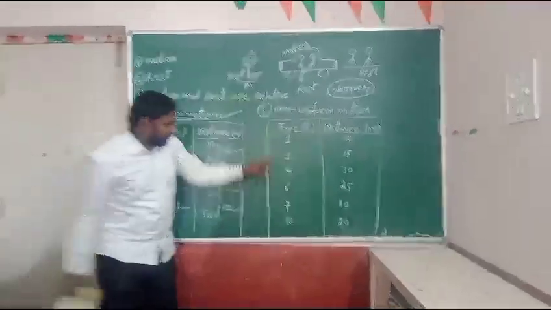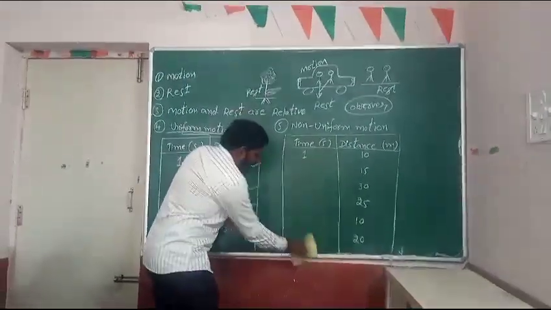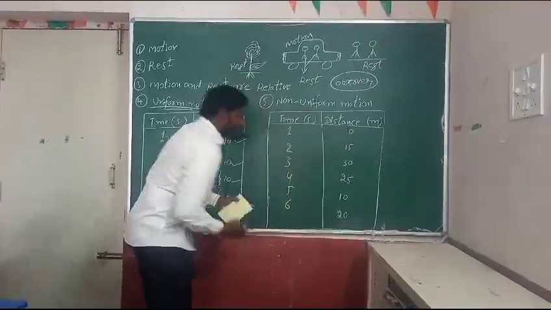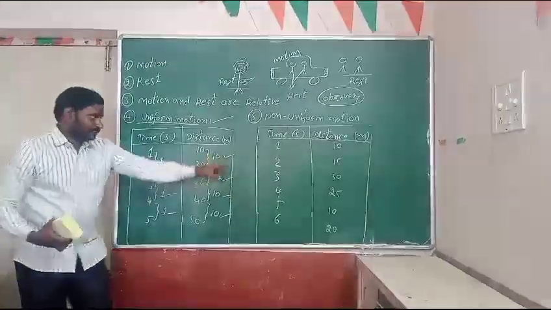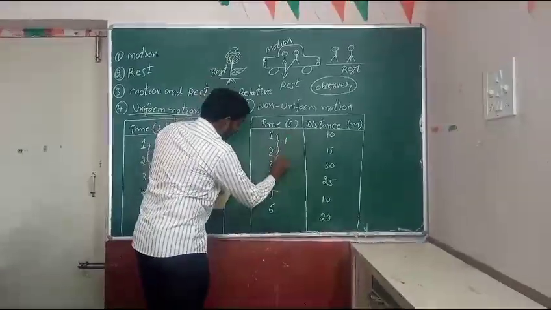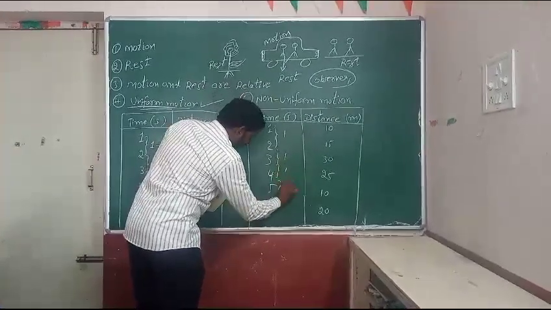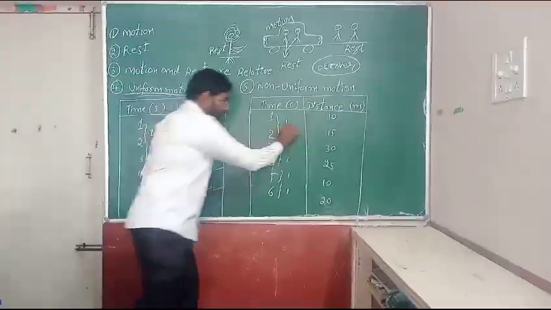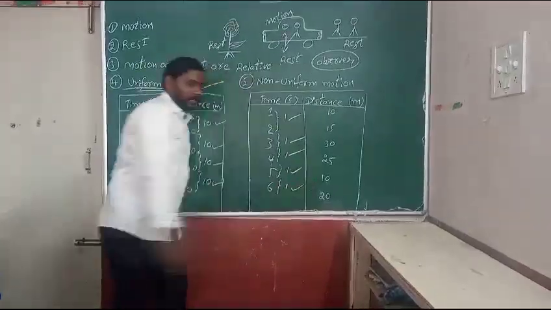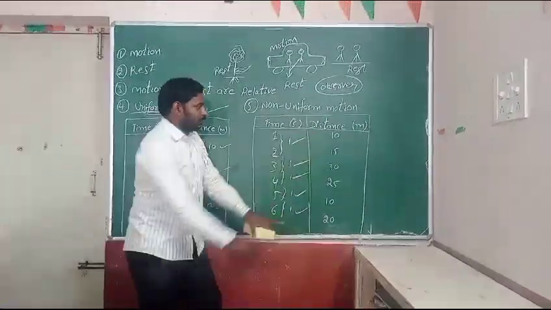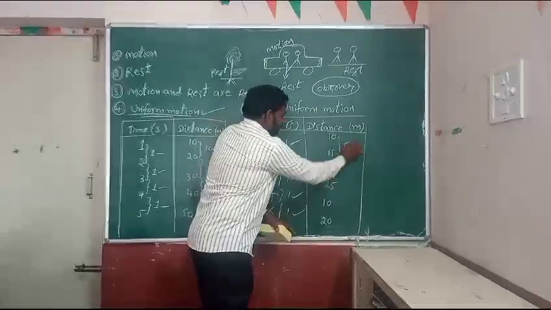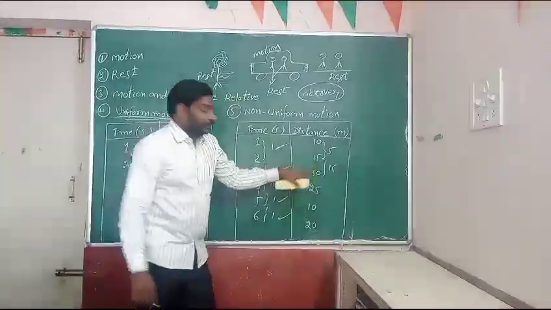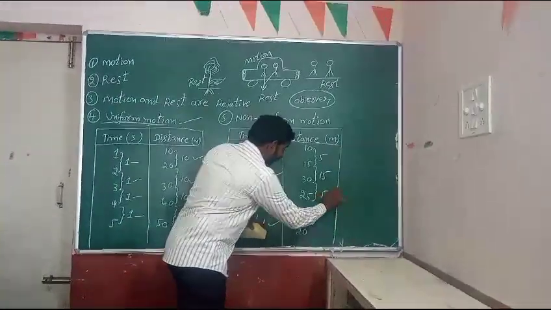Here observe the time values 1, 2, 3, 4, 5, 6. The difference is 1, 1, 1, 1, 1, so equal intervals of time: 1 second, 1 second, 1 second, 1 second, 1 second. And next, for the distance, from 10 to 15 the difference is 5, from 15 to 30 the difference is 15, and from 30 to 25 the difference is 5, and 25